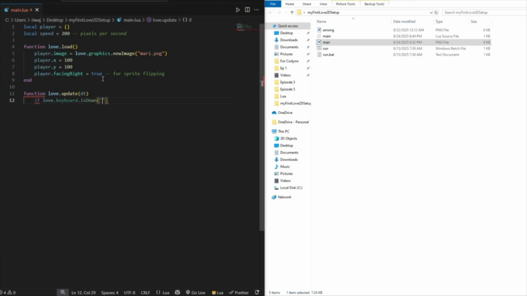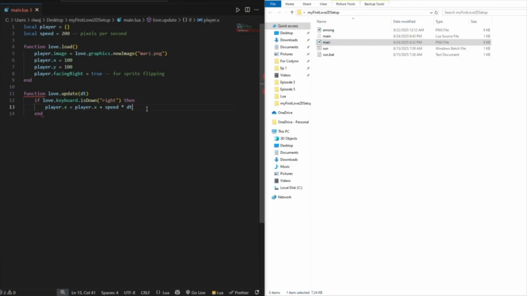Now if our right arrow key is down, then our player.x value should be increased. So player.x plus, it should be increased by our speed factor, which will then be multiplied by our dt variable. So this stands for delta time, and I'll explain with a full presentation on why dt is so important